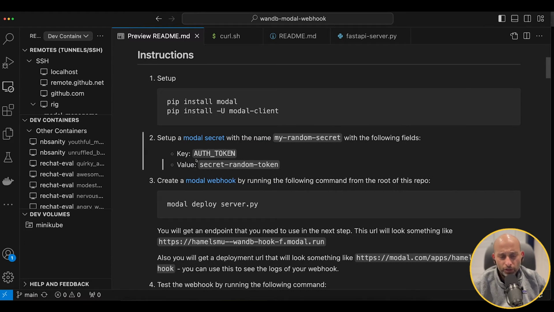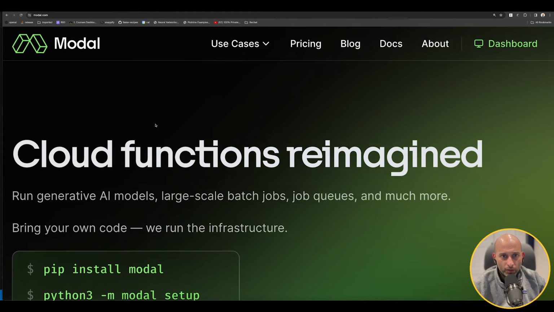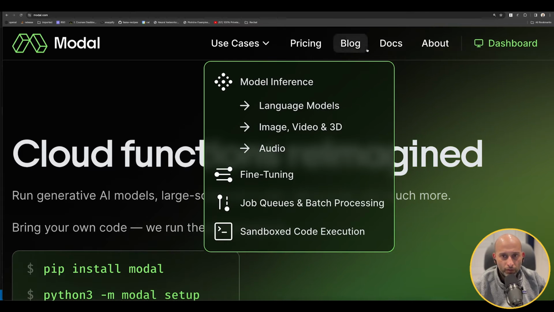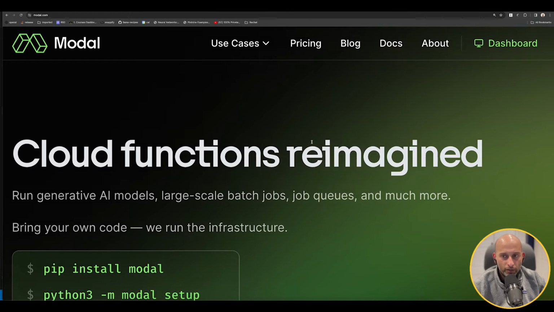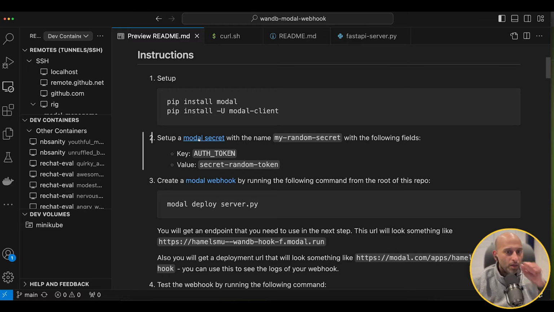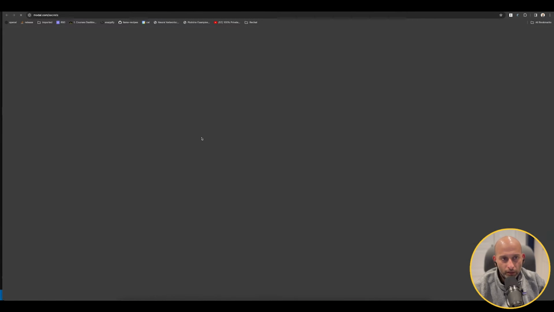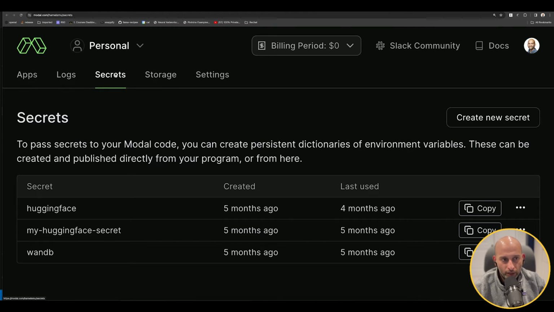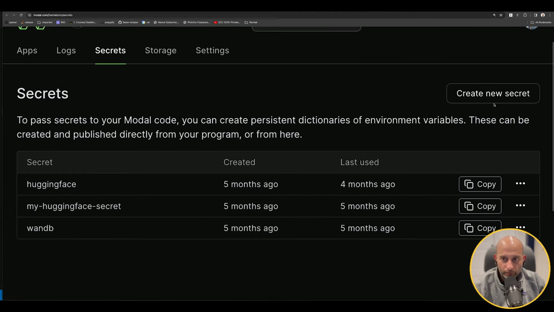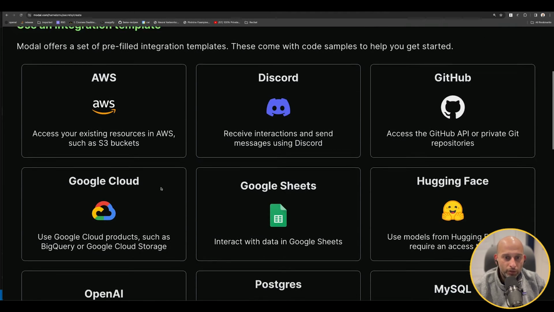Once you create an account and log into Modal, the next thing you're going to want to do is to create a secret. If you recall, we had the secret random token before. So let's go ahead and click on create secret, and it'll take you to the secrets area. And when you click create new secret,